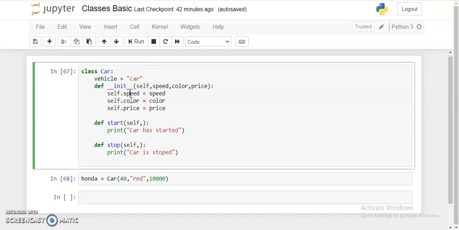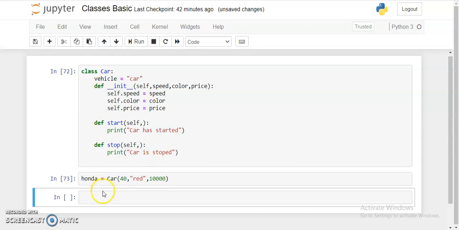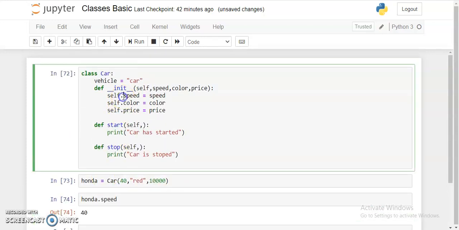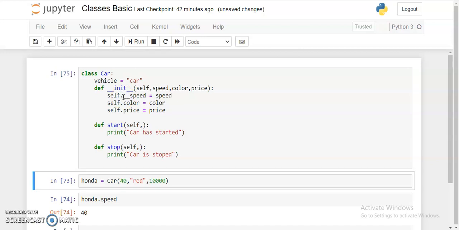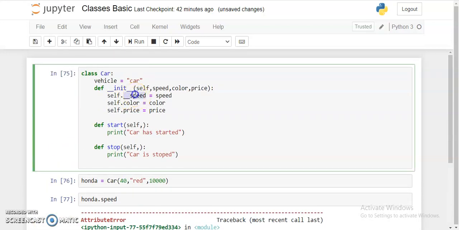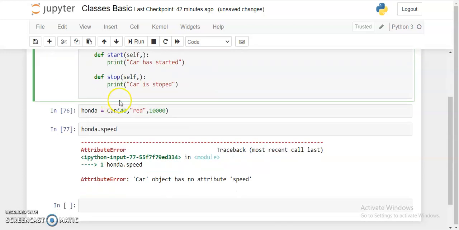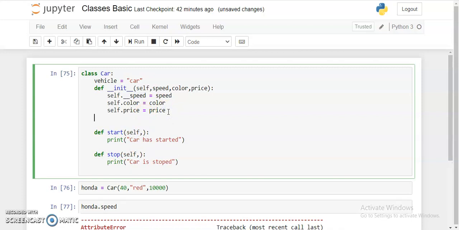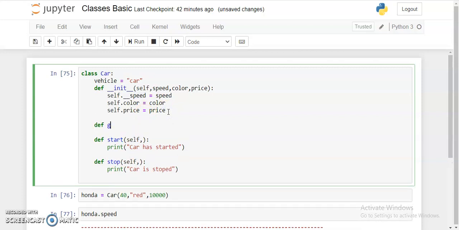In this particular class object, you can see I'm able to access the speed variable, which is 40. But if I make it private, then I can't access it, because this speed data member is hidden from the outside world. If I need to access it, I can use getter and setter methods, that is get speed, and I need to put self